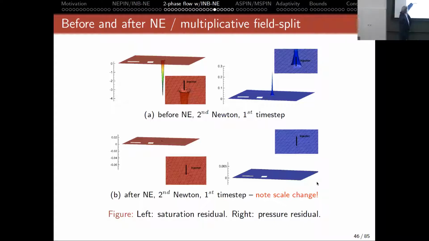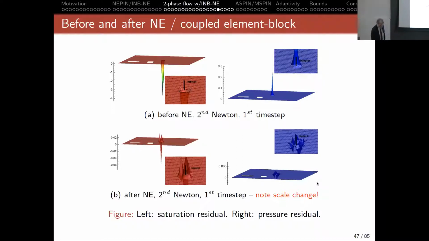And notice that the scales are different. It's about 2 orders of magnitude smaller in the vertical, showing the residuals. And this is the residual that's being fed to full Newton, and this is what's being fed to full Newton after that preconditioning. And for the coupled element block, similar